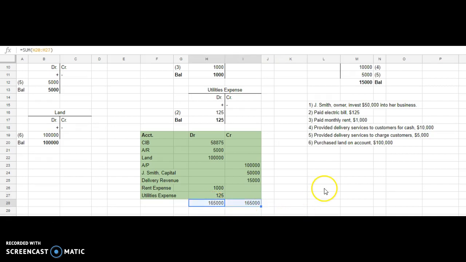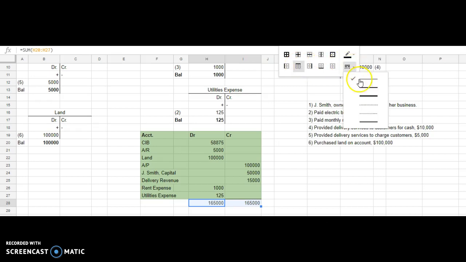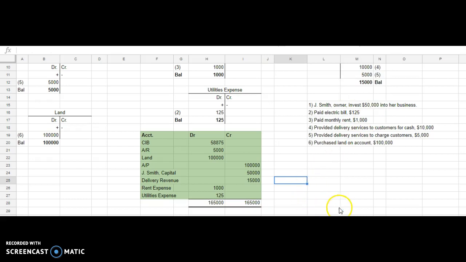So at least you balance. I'm going to put a single line on top, and I'm going to put one on the bottom, and then I'm going to change it to a double line on the bottom. So single on top, double on the bottom, my totals equal